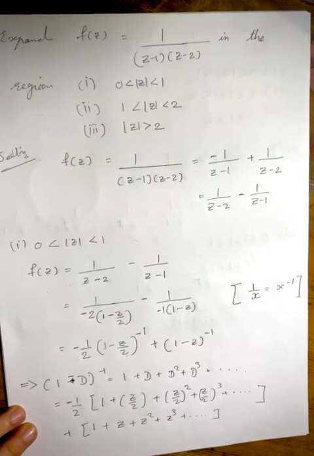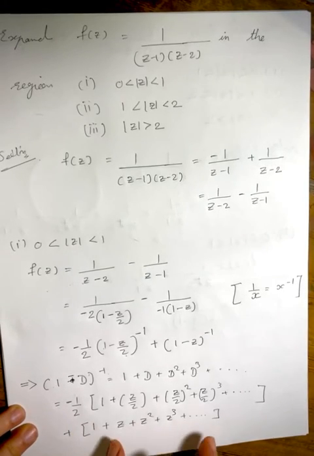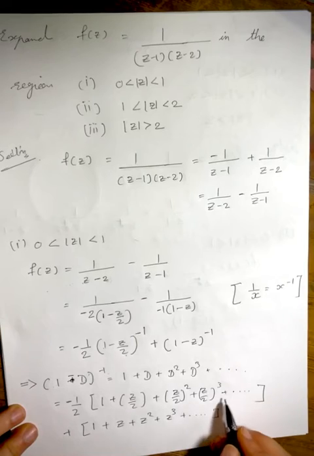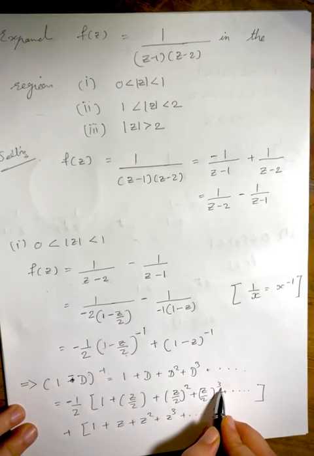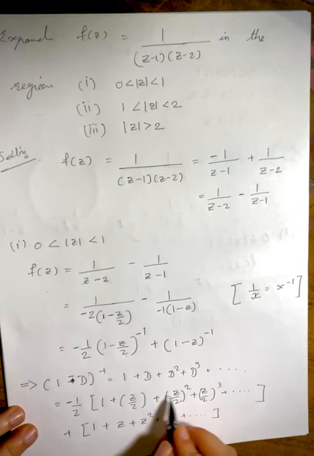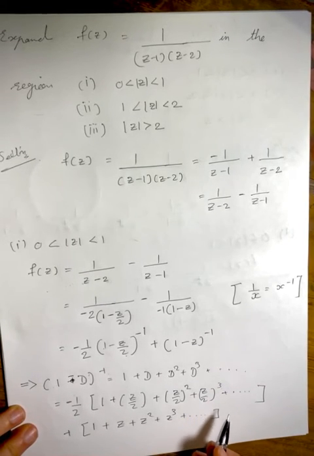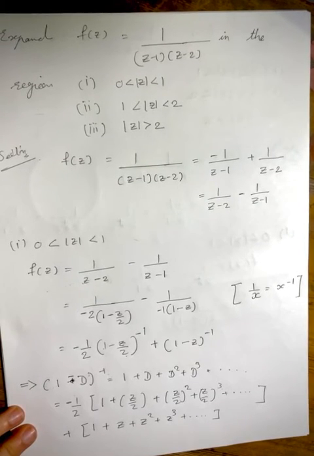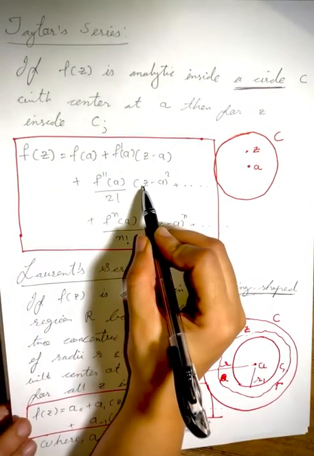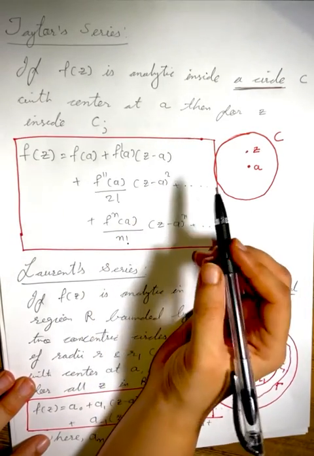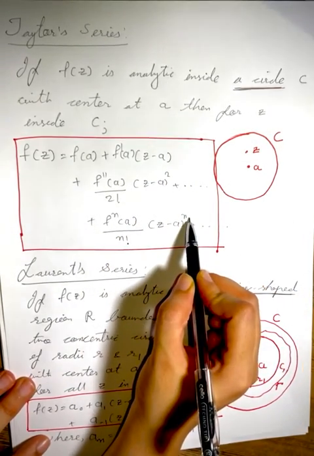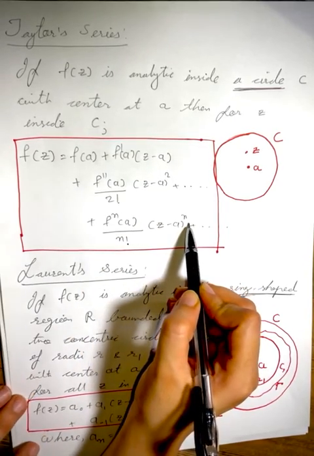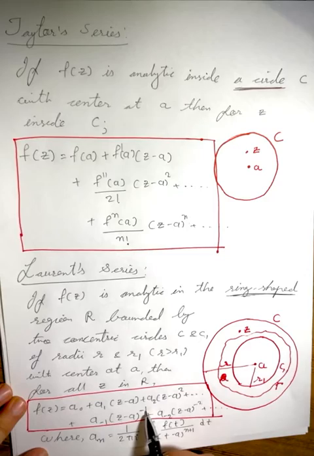So now you see that in this full series, all the powers are positive, and we saw in the Taylor series that all the powers are positive in the series expansion formula, right? If you don't remember, then let me show you what we did. So you see here z minus a to the power 2 and so on to the power n. In Taylor series we always have a positive power. In Laurent series we have positive and negative both.